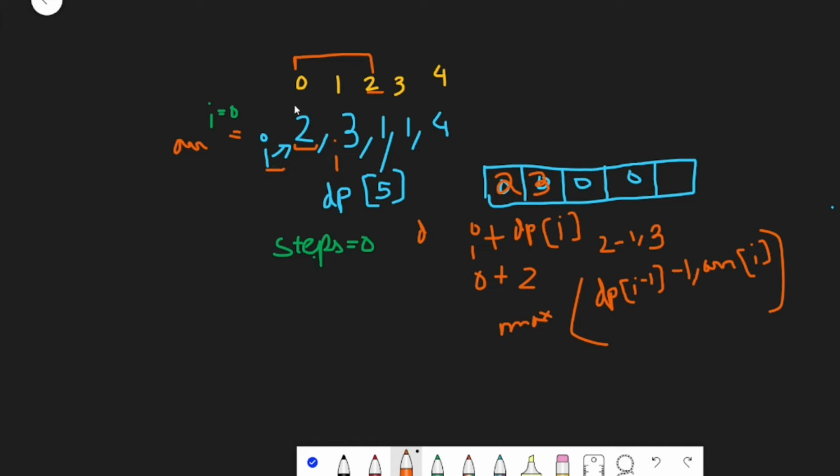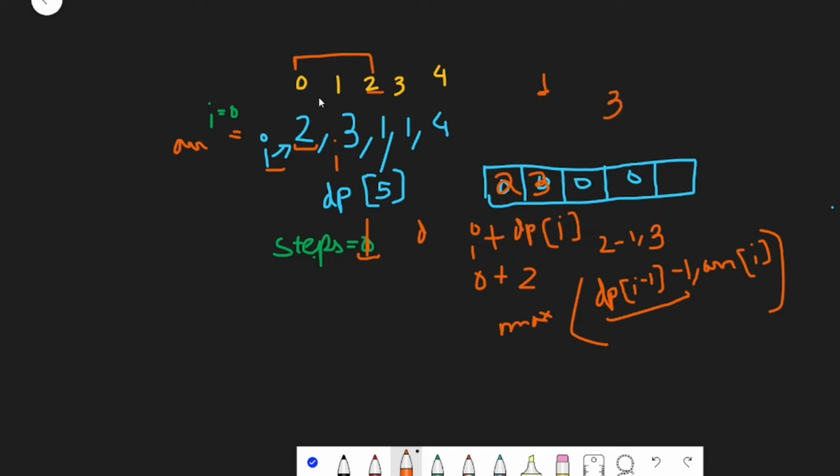Since we have moved from 1 to 2, we have actually exhausted one step, so we'd be updating it to 1. Currently the number of jumps we have taken so far is 1. Now we are moving from 0 to 2, so we need to see what's there in dp of i minus 1. In dp of i minus 1 we have updated it to 3.